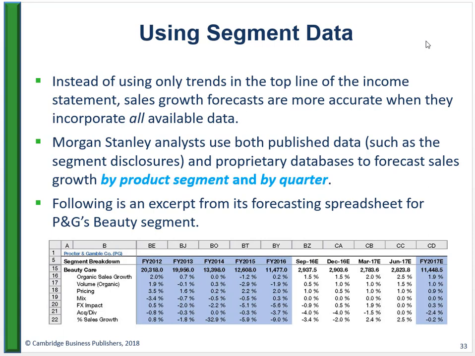Which are: 1, organic sales growth; 2, organic volume, so how many units we're pushing through; 3, the pricing of each of those units; 4, the mix of those units, because if we sell 20 units, different mixes can drive different levels of sales growth; 5, the currency impact; and 6, any acquisitions or divestments that we might make in a given year. And this analyst has created quarterly sales forecasts for each of those, and then those would foot to annual sales